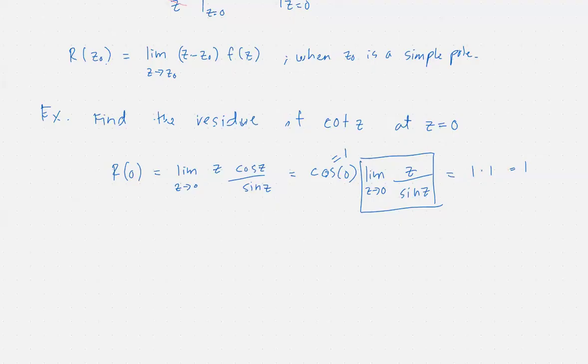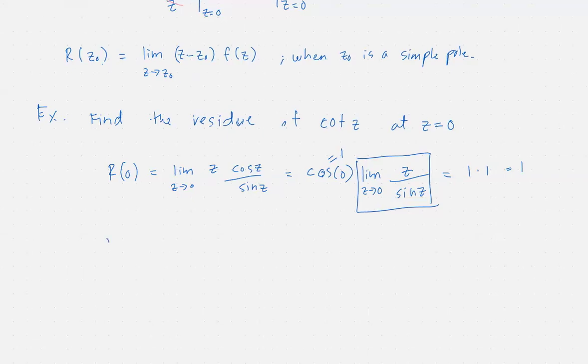We can take note that if f of z can be written as a quotient of two functions, g of z over h of z, similar to this one, it's just cosine over sine, where